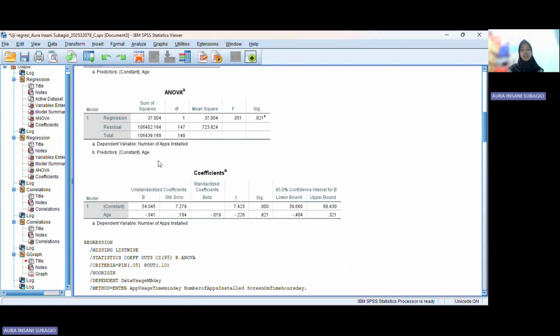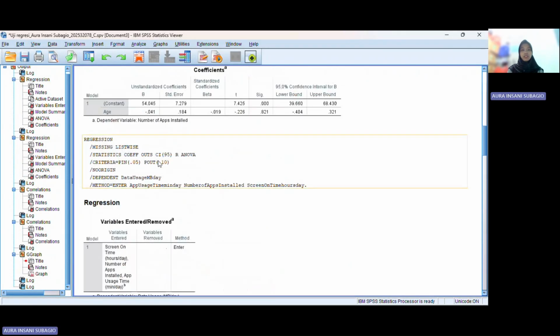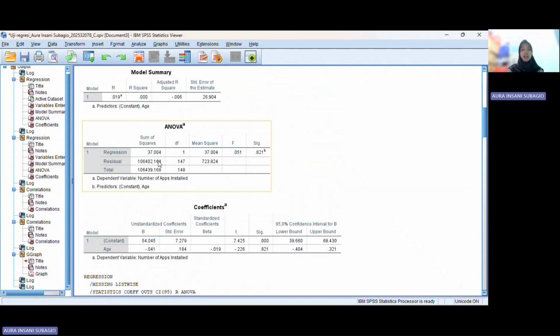And then we have the ANOVA table. So the ANOVA table is used to test whether the regression model is statistically significant. If the significant value is less than 0.05, the regression model is considered significant.